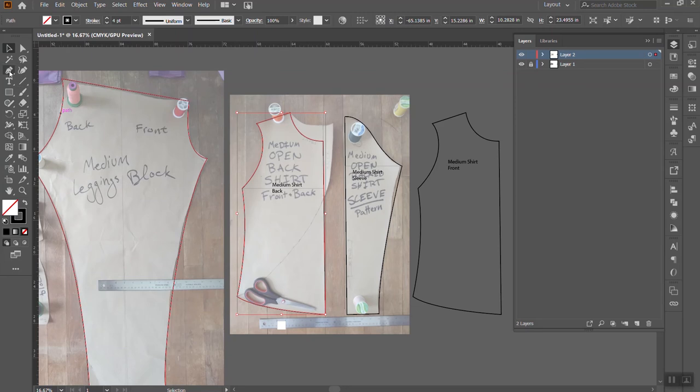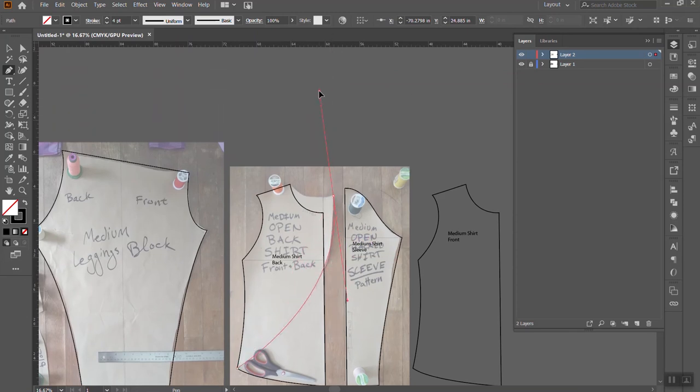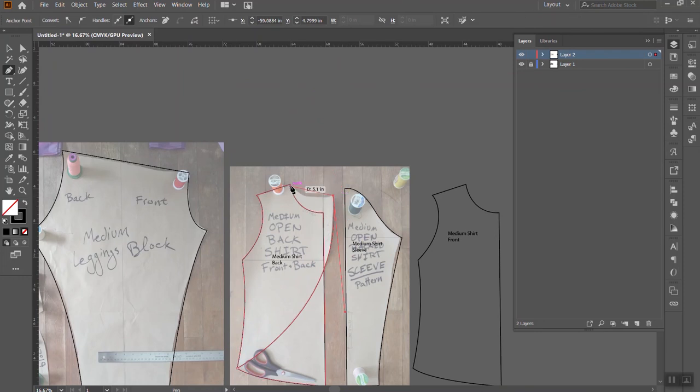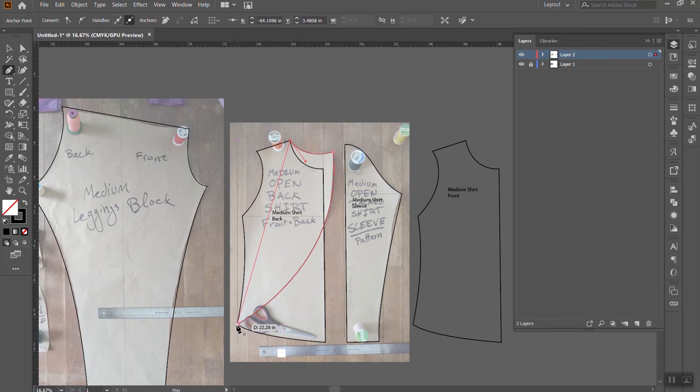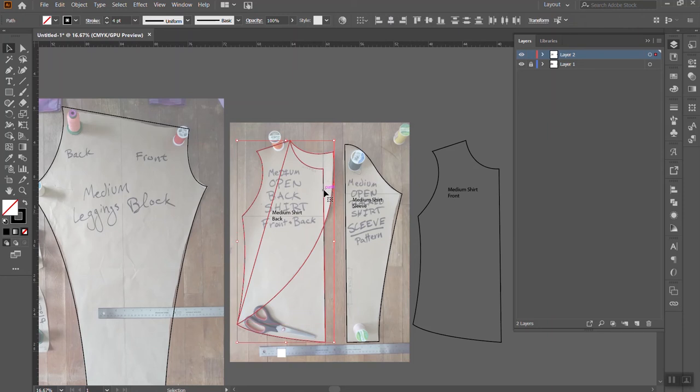So I am going to draw a shape, or at least some lines that include all of the lines that I don't have right now in the back of the shirt. So these guys. And then we want to make sure that this shape is probably easiest if it is a closed shape, and we just want to make sure that it doesn't intersect with the arm and leave a weird hole there. It should go kind of back directly. And I'll get into more of this in a minute, but now we are going to use the